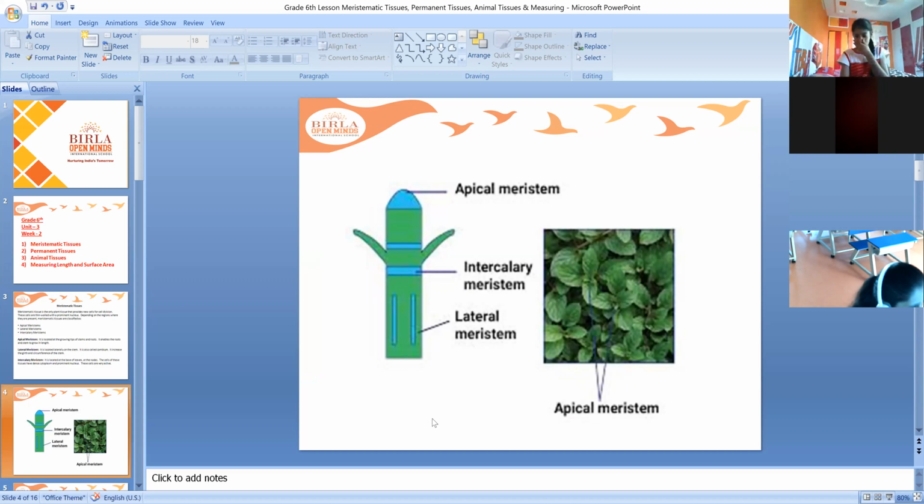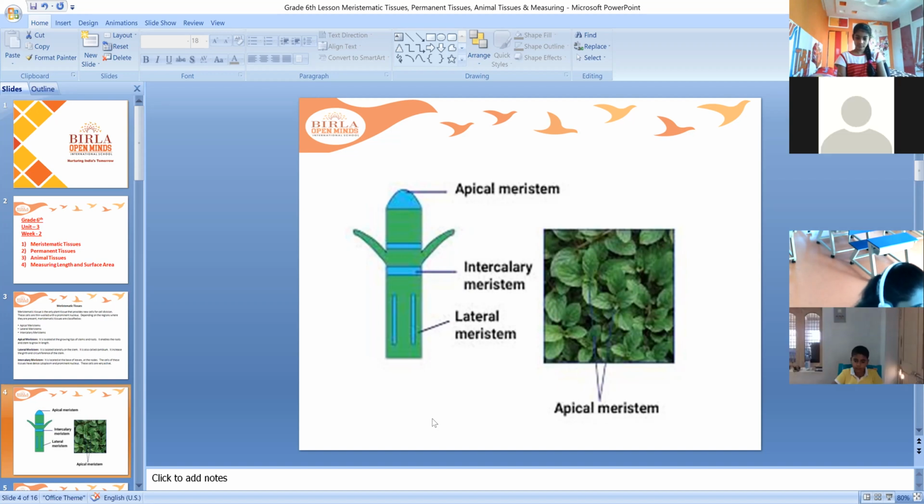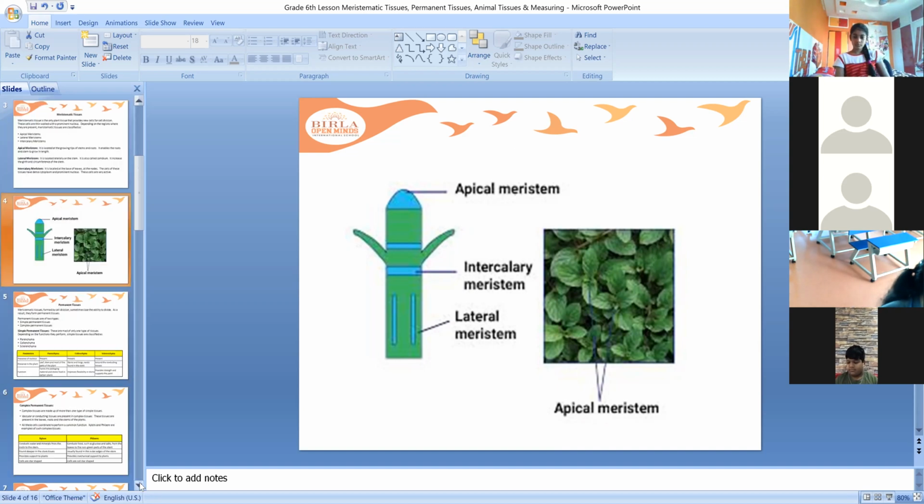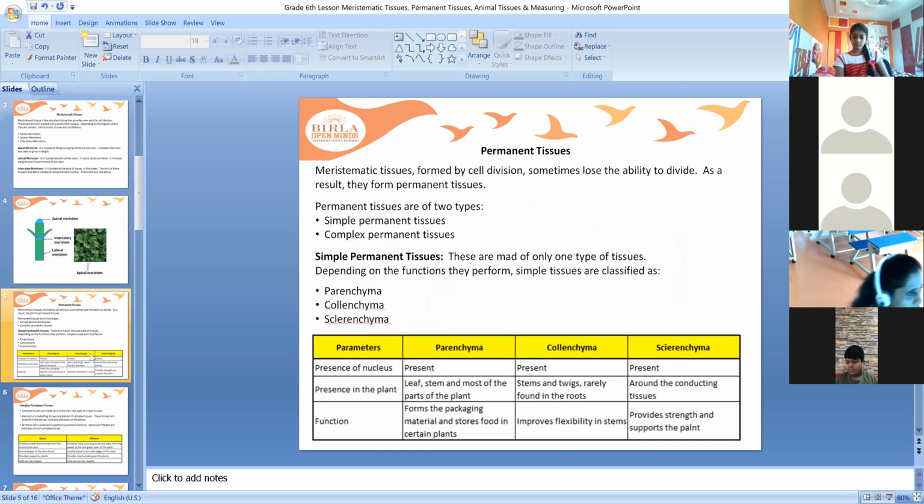Yes, children, if you have any doubts, please raise your hands. If not, please put your hands down. Yes, Jashwant. Jashwant, you have any doubt? Jashwant? Okay, children. So here we have, I hope you all have understood about this.